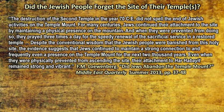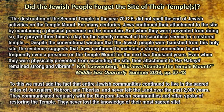Despite the conventional wisdom that Jewish people were banished from this holy site, the evidence suggests that Jews continued to maintain a strong connection to and even frequently a presence on the Temple Mount for the next 2,000 years. Even when they were physically prevented from ascending the site, their attachment to Har Habayat, that is the Temple Mount, remained strong and vibrant." And to this we have to add that the entire Jewish communities,